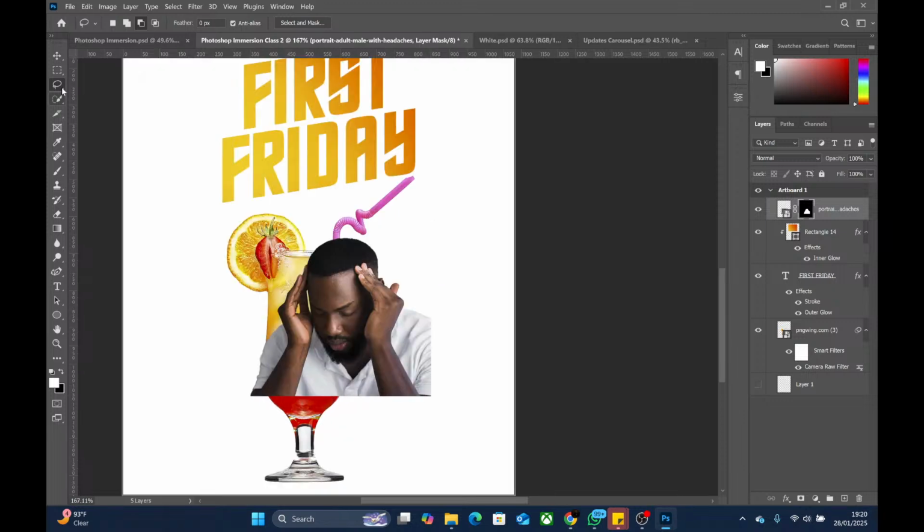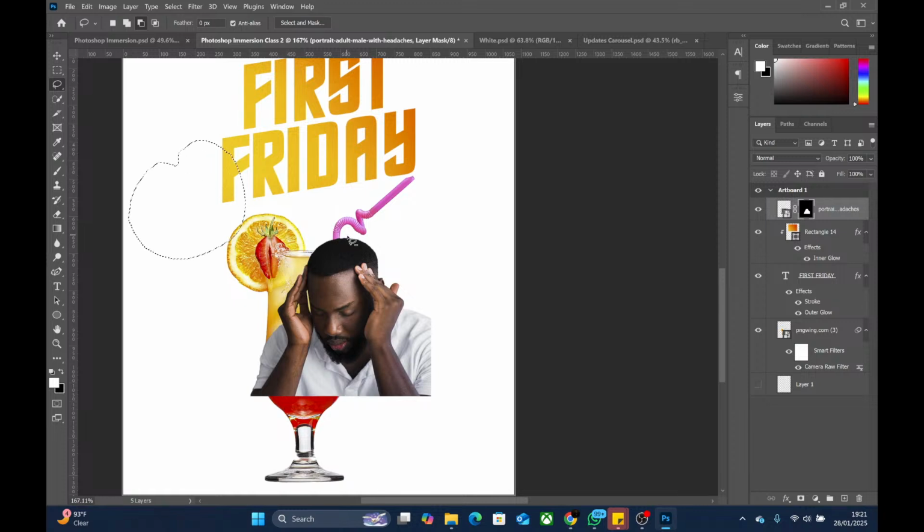However, this one is the polygonal lasso, you cannot click and hold around. If you click, before you can turn, you have to click again, and click before you can turn. All the edges that you see are points at which I clicked. When I want to close that selection, I just double click, and then it covers everything. That is the way this one works. You have to click to draw it. The first one you don't have to click, you just click once and then you draw and release your mouse.